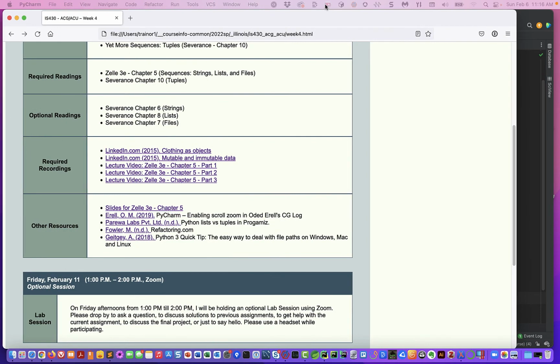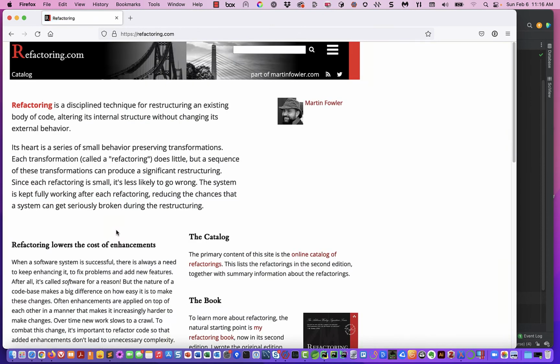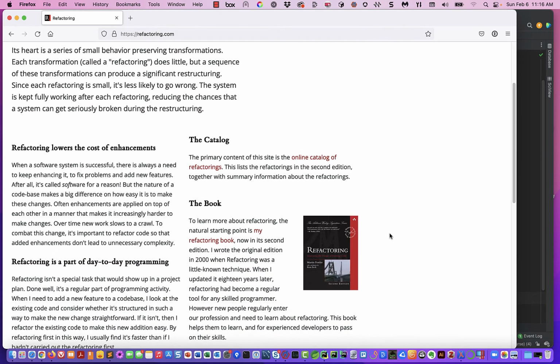week of the course here in the spring of 2022, I have a link to a site by this fellow Martin Fowler. And it's called refactoring.com. And here's a picture of Martin Fowler. And here's a picture of his book, which is called Refactoring. This is the second edition of Refactoring. And this is a great book. It's more technical than we need to get into now. But